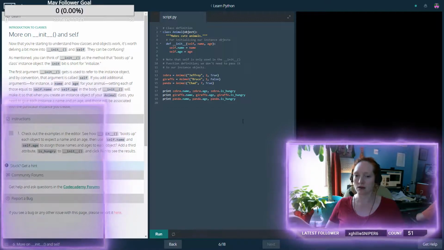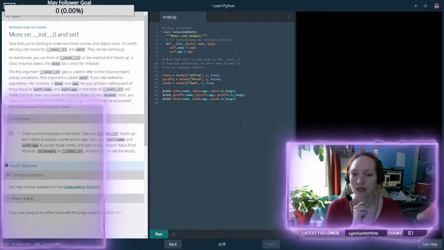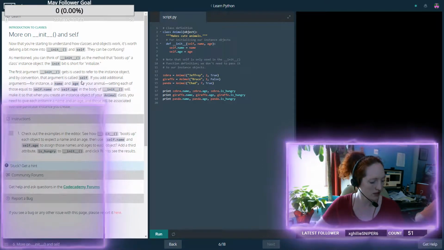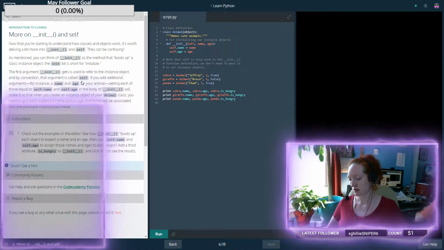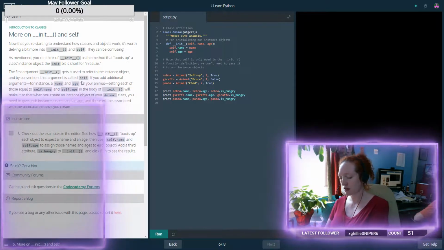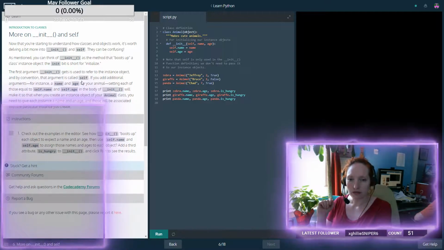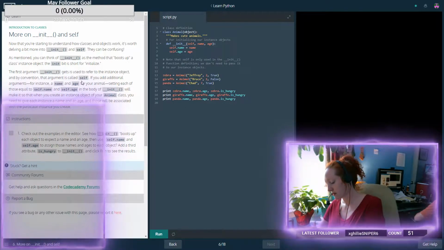Init is short for initialize, hence initializing objects. I wrote the right thing. Hooray. The first argument is used to refer to the instance object, and by convention, that object is called self. Self usually gets put on top. At the very least, the first thing is self. Instance object. Otherwise,